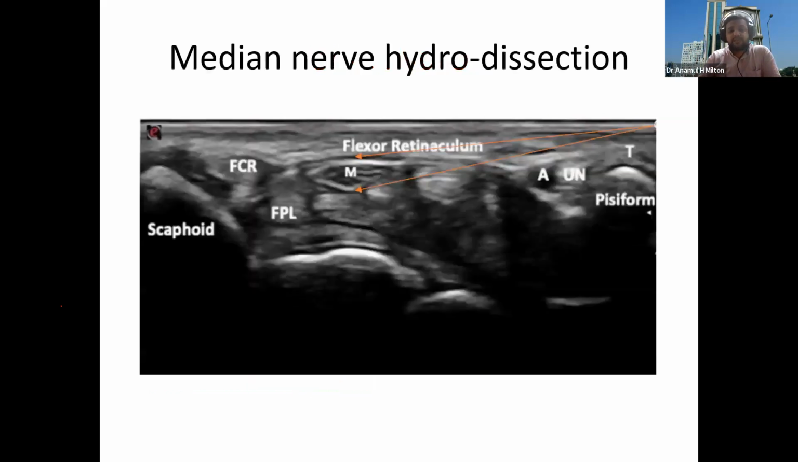Okay, so if we hydrodissect the nerve from the area, we can give an injection under the flexor retinaculum and try to separate the median nerve from the flexor retinaculum, and another injection just below the median nerve, to separate it from the common flexor tendons. Okay,